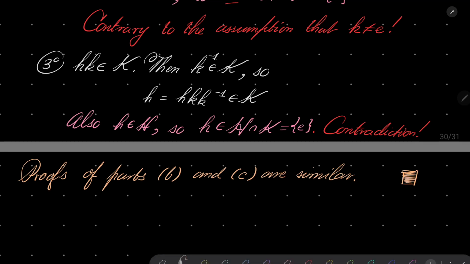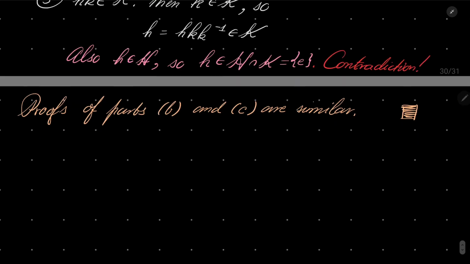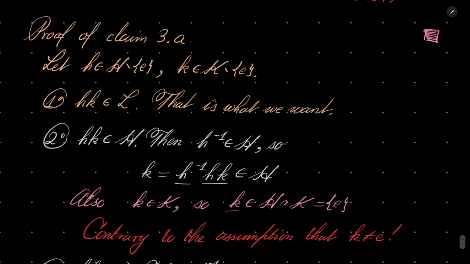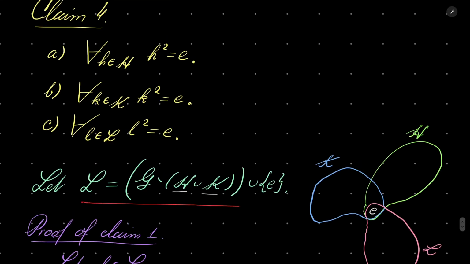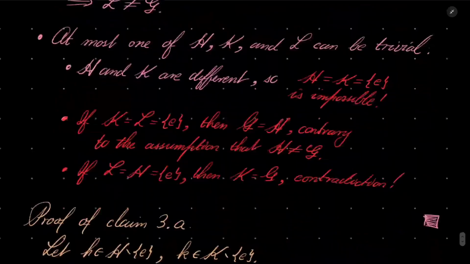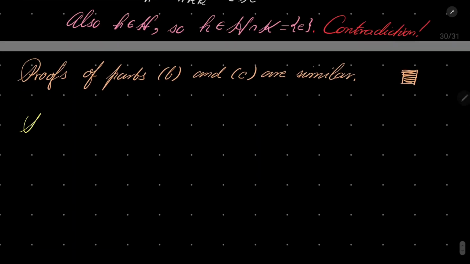And finally, the last claim, the most important one for us. I will only prove one part. I will prove part A, that if I take an element H in our subgroup H, its square is E. So proof of claim 3.A. Well, suppose to the contrary,